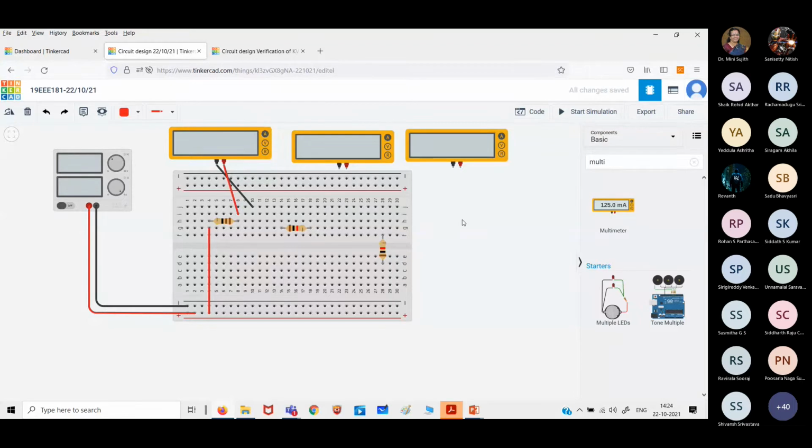Ma'am, why did you keep this negative wire at J10? Because I need to further connect the circuit. We have reached only up till here. Positive of the ammeter is connected to end of the resistor. Now we are at this point, negative of the ammeter. From here further our circuit will be there, that we will connect.